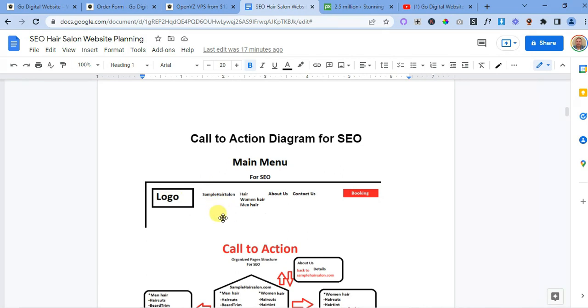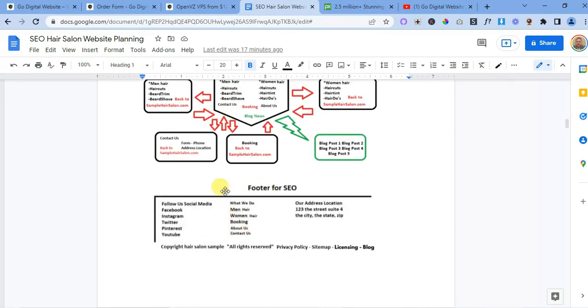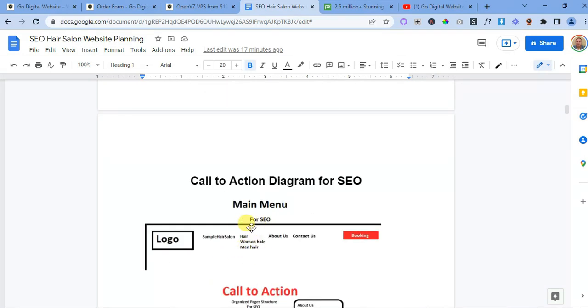For the simple search engine website, we don't have to include the homepage in the navigation, okay? We have to exclude it from the navigation. And as well, from the footer over here, we have to exclude the homepage from the navigation system, okay? And then we're going to have the hair do's here, and then woman hair and men hair. And so you can put like